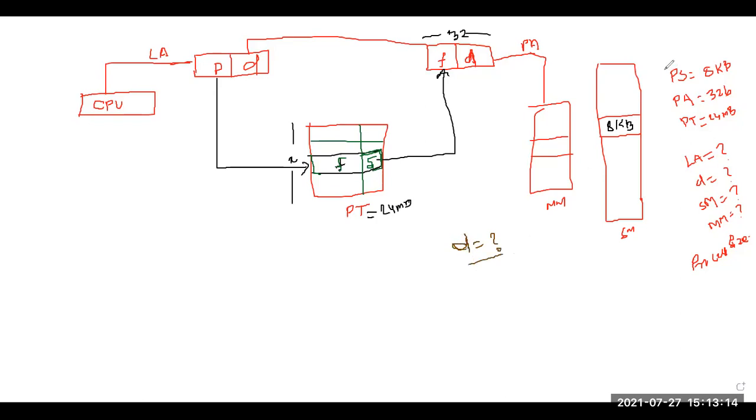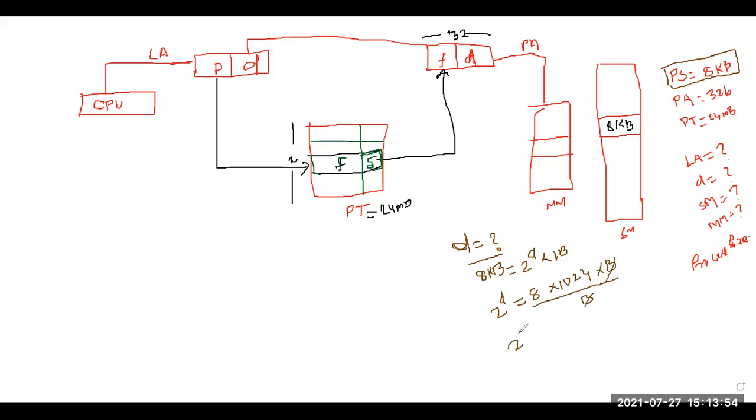I had told you, from the page size what will you get? You get the value of D, okay? Now we know that page size is 8 KB. That is equal to 2 to the power of D into byte addressable, 1 byte. So I can write 2 to the power of D is equal to 8 KB, which is 8 into 1024 bytes. And this byte goes cancel.